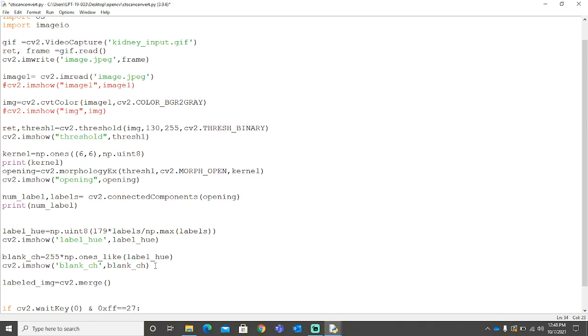Okay, so we need a bracket here internally, and we need to name it label. Now cv2.merge, we need to give it three parameters, R, G and B. So for R I have given label hue, while for the other two I'll be giving the blank channels.